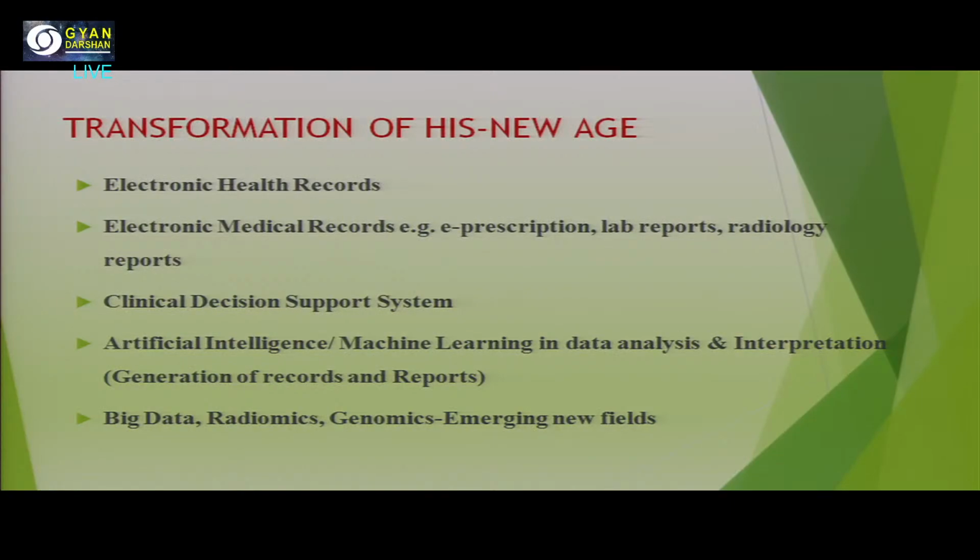ओमिक्स कुछ नहीं है, ओमिक्स का मतलब बिग डेटा होता है। रेडियोमिक्स मतलब रेडियोलॉजी। जैसे अब आप ये सोच लीजिए कि हमारे पास बहुत बड़ा डेटा है, अगर हमारे पास बहुत सारे लोगों की एक्सरे फाइंडिंग है, एमआरआई फाइंडिंग है, और इन एक्सरे और एमआरआई फाइंडिंग में हम और भी इन्फॉर्मेशन लगा दें, जैसे हम उनका डेमोग्राफी लगा दें, उनका रिस्क फैक्टर लगा दें, उनकी डाइट लगा दें, और फिर हम उससे कोई इन्फॉर्मेशन निकालना चाहें, तो हमें ये पता चल जाएगा कि अगर ये डेमोग्राफी है, ये एक्सरे फाइंडिंग है, तो चांसेस हैं कि ये ब्रेस्ट कैंसर होगा। तो रेडियोमिक्स में आप रेडियोलॉजी से रिलेटेड बड़ा डेटा हैंडल कर रहे हैं, जीनोमिक्स में आप जीनोमिक्स का डेटा हैंडल कर रहे हैं, और ऐसे ही ये इमर्जिंग न्यू फील्ड्स हैं।